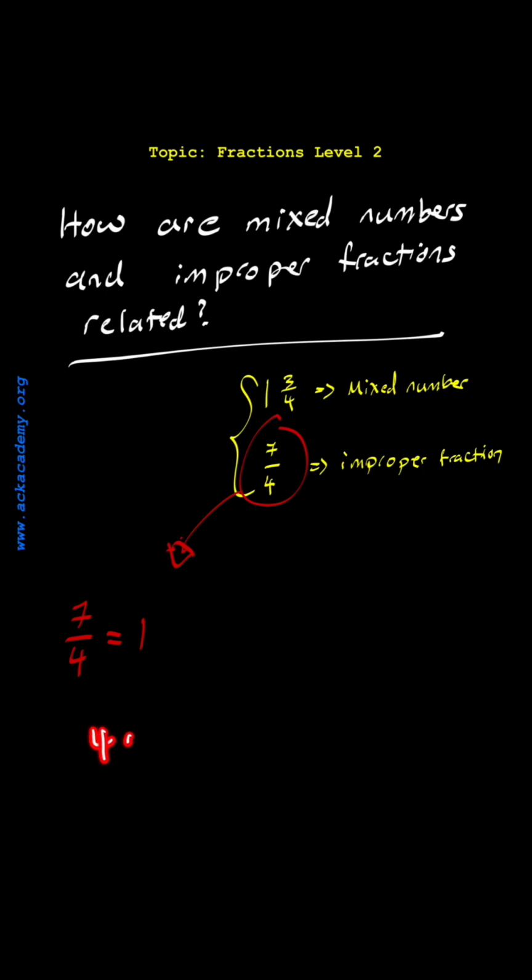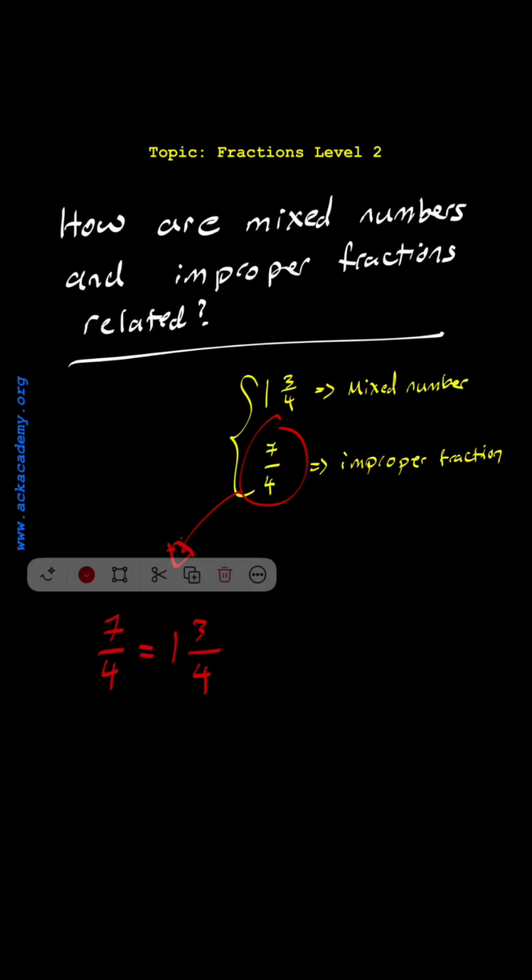4 plus what gives me 7? 4 plus 3, right? So now I can write 3 here, and then carry over that 4. You're just taking this denominator and bringing it along for the ride, right? And now if you haven't already seen, we have shown that